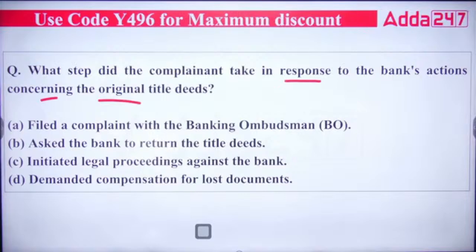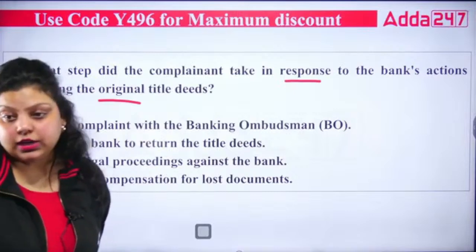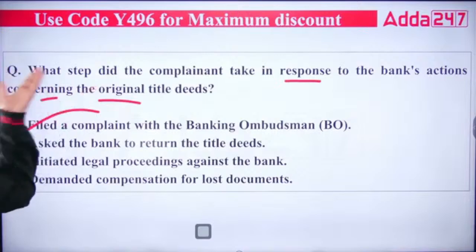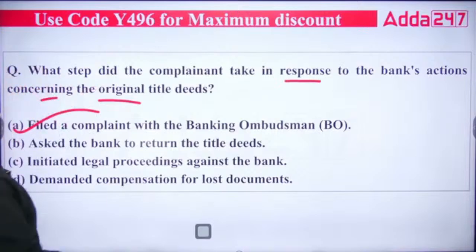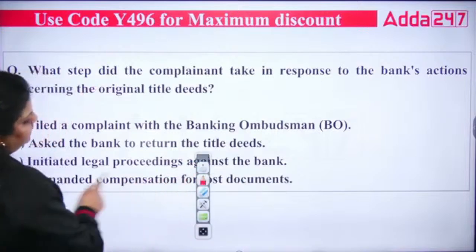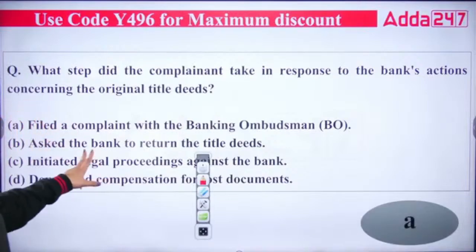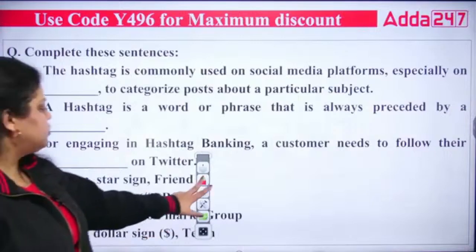Okay, so the right answer concerns the complainant's response to the bank's actions concerning the original title deeds. That should be taken with the banking ombudsman: filed a complaint with the banking ombudsman if the bank's response is this. In context to your bank section, this has to be done. You can go to the banking ombudsman. In place of banking ombudsman, we have the integrated ombudsman now. Next question talking about